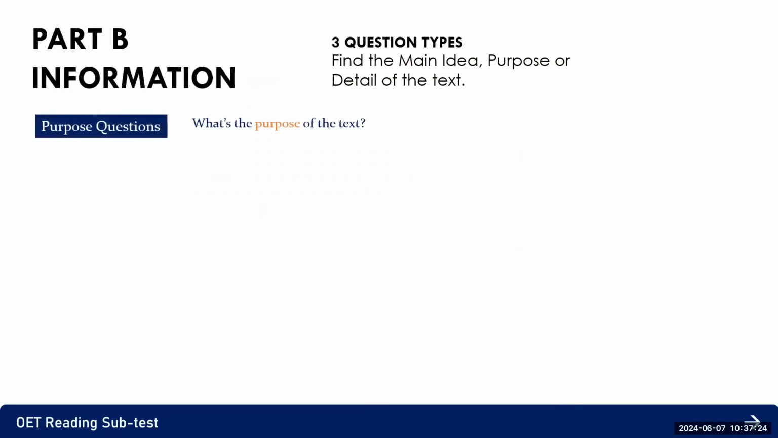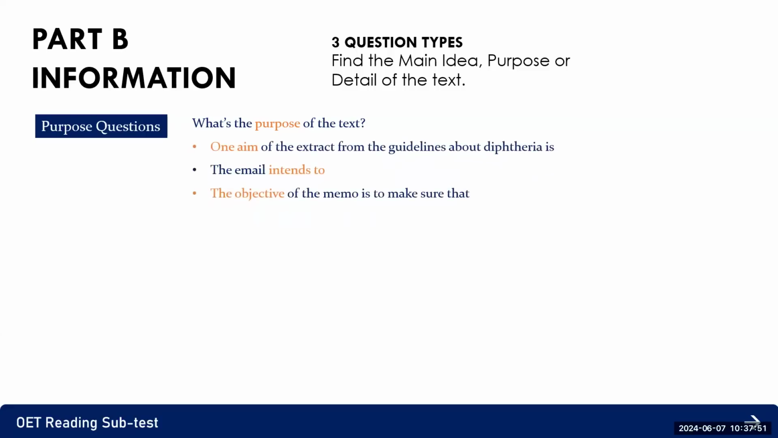OET Reading Part B tasks reflect the real world skill of understanding what needs to be done in response to a workplace text. Part B uses extracts from these common workplace communications to test your ability to read for purpose, to understand why the text has been written. The purpose question is going to be asking you, what is the purpose of the text? Why was it written? And what will the reader have to do after reading the text? Samples of these purpose type questions are